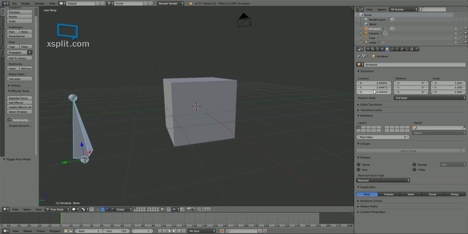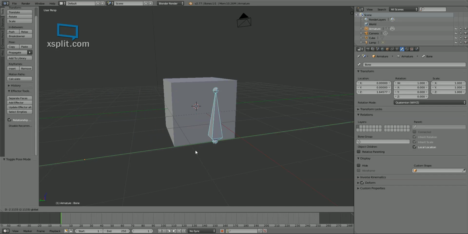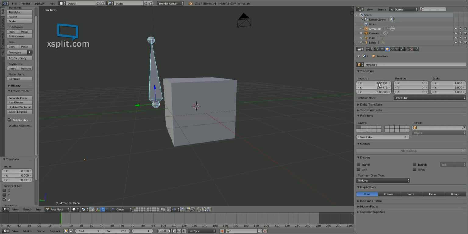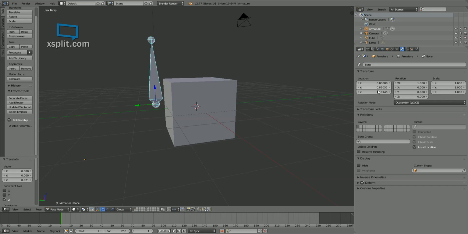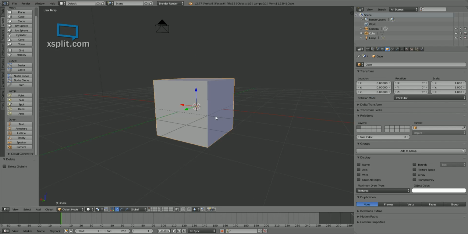This transform changed when this bone was in object mode, but if this bone is moved in this blue pose mode, you'll see that only this value is moving instead. These two are separate. What can this mean? This is the global and this is the local value. To be more precise, this is